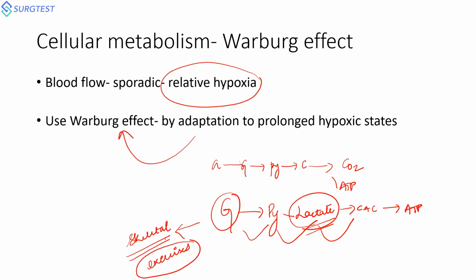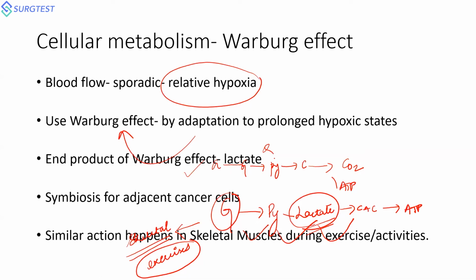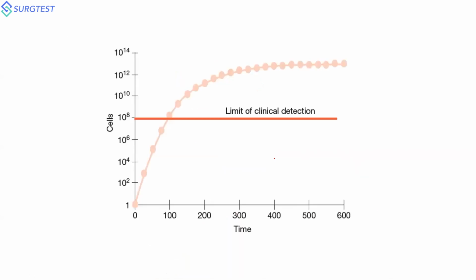But on the contrary, for a malignant cell to have self-sustaining cellular metabolism, they have an adaptive phenomenon to combat their prolonged phase of hypoxia in the form of the Warburg effect. What is the end product of the Warburg effect? This is an MCQ which has been asked in the year 2020. Lactate is the answer. This was the final end product of your Warburg effect in your malignant cells. As I told you, the lactate is used by your adjacent cancer cells for their own metabolism, and it acts as a reserve for self-sustaining. I told you this occurs in the skeletal muscles during normal exercise and strenuous activities also.